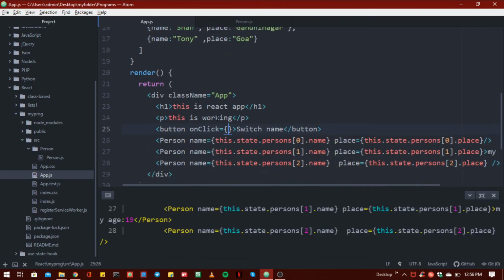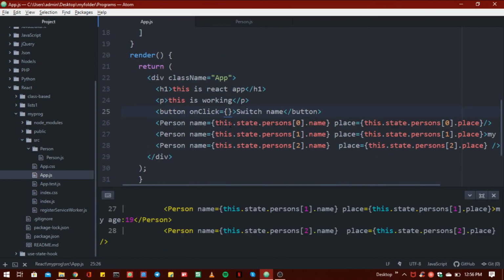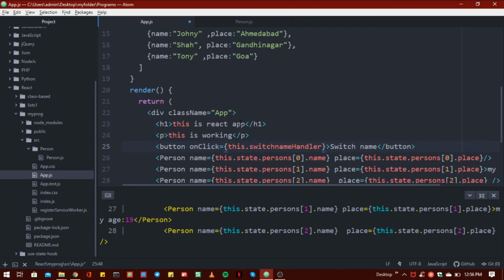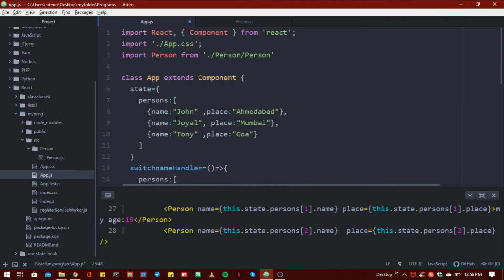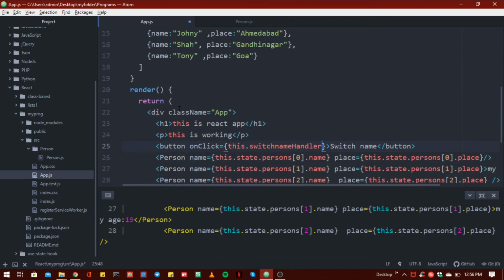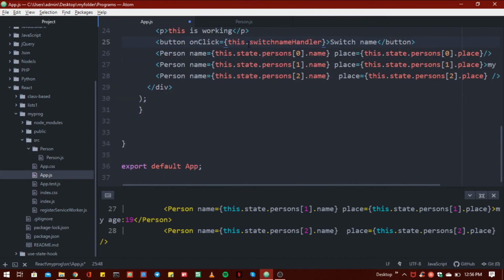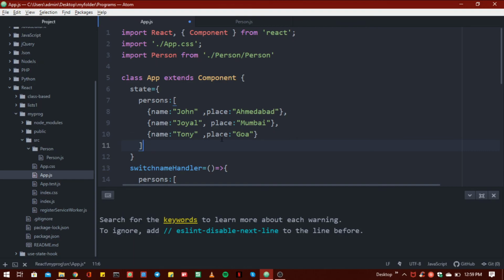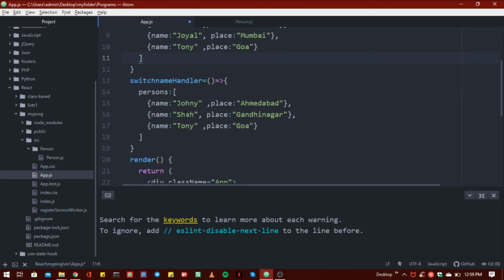And to call this method we have to write inside this onClick this dot name of the method, and I write this because all this stuff is inside this class, and using this class property inside our class we have to write this. And to change our current state to this updated state we have to write here this dot setState method.